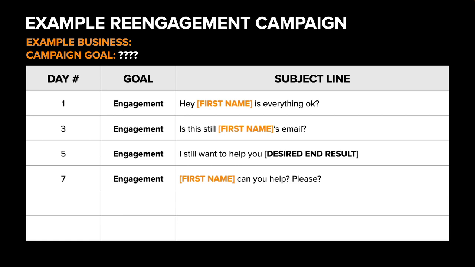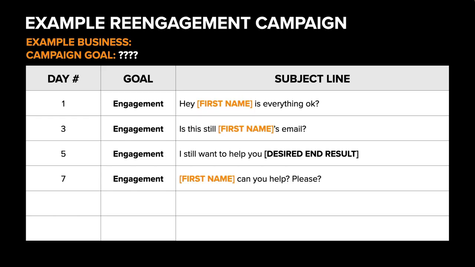All right, we're going to wait 2 days again, right? Wait 2 days and then come back where we're checking in. Now we're kind of changing our positioning, right? We're saying, I still want to help you achieve desired end result. This is a way of reminding them the benefits of being on your list and almost making a commitment to saying, I'm here. Like, I've done it. I'm here. I'm still doing this. Are you still in? But really, it's getting that desired end result in the top of the inbox. So if they don't recognize the name, if they haven't engaged with your relational style emails, then maybe let's go straight to the desired end result, remind them, see if they still want that.